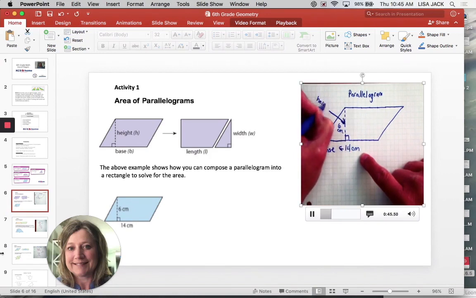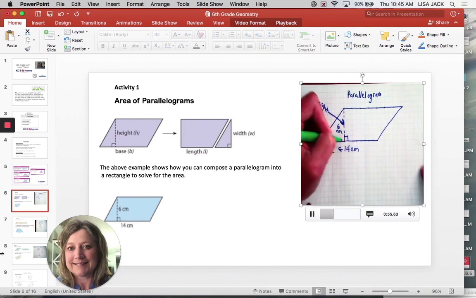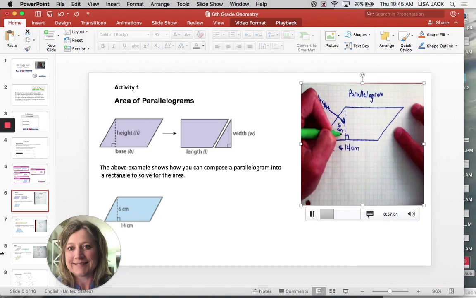It's the height of the parallelogram. And we see the height is 6 centimeters. Notice I have a dotted line through there. That indicates the height of that parallelogram. But if we took scissors, or we could even just draw it out right here, and I'm just drawing with some green marker. If I just took my green pen and I just went all the way through that figure,